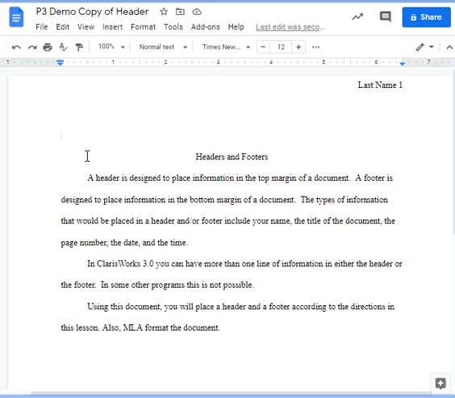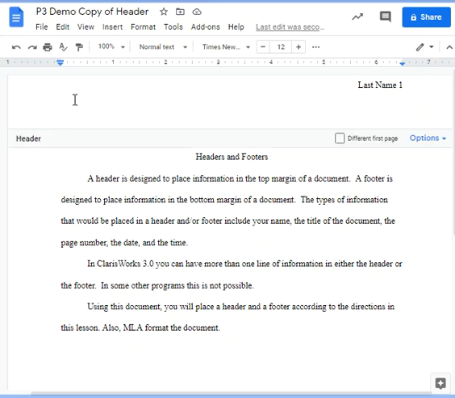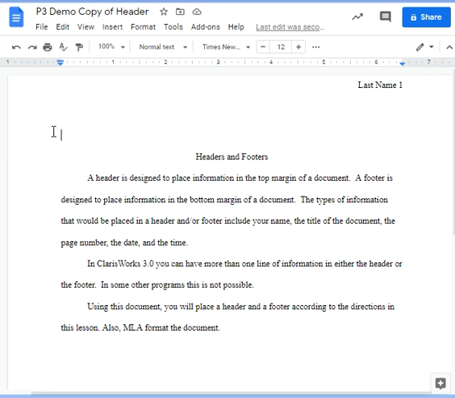But what I want to make sure that I do is I want to make sure that I'm in the main body of my text. Okay, when I add the heading in, I want to make sure that I'm not in the header. Sometimes people make the mistake of doing what I'm going to do next in this section. It's not the right section. We want to make sure that we're in the main part of the paper. Okay,